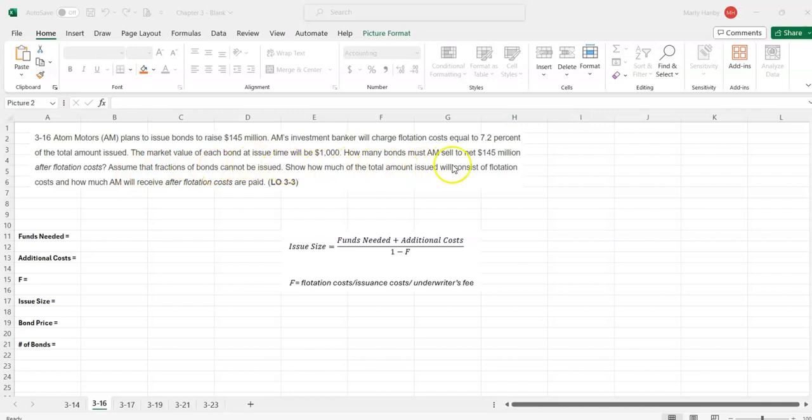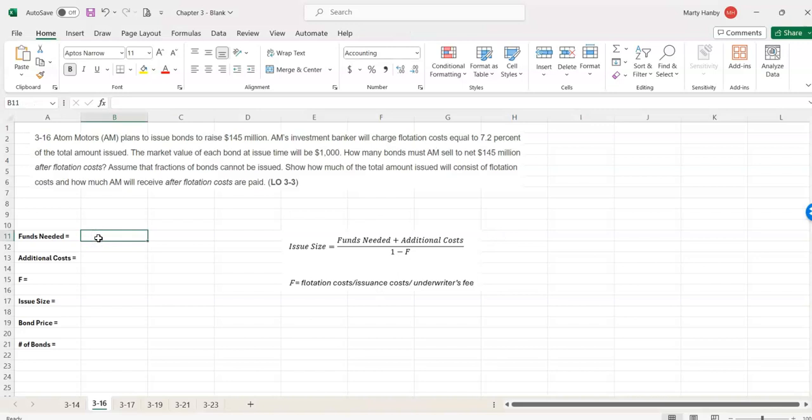Show how much of the total amount issued will consist of flotation costs. How much will AM receive after flotation costs are paid? So here, amount needed, $145 million. Okay, we don't have any additional costs here. The investment banker is going to charge 7.2%, and